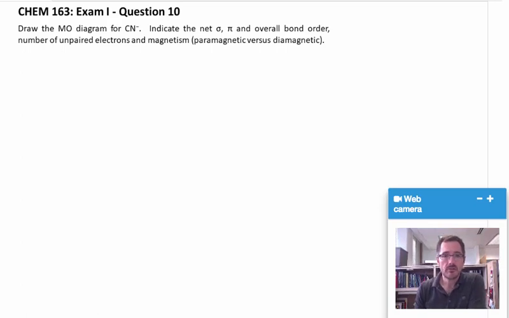For this problem, we'll be focusing on the molecular orbital diagram for the cyanide ion. We're trying to determine the pi bonds and the sigma bonds of the overall bond order that's going to be formed from this unique ion. So before we get to the molecular orbital diagram, the one thing that I like to do is just draw